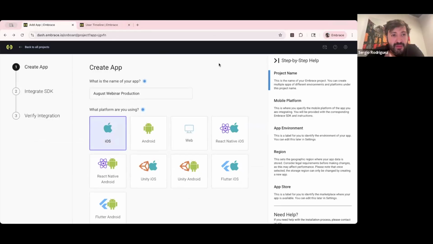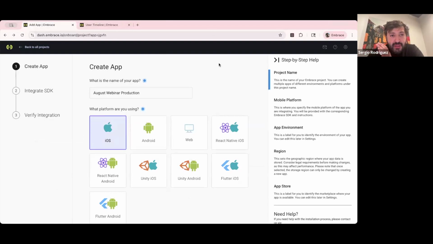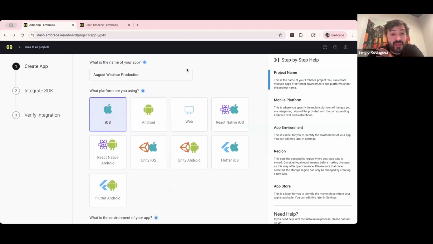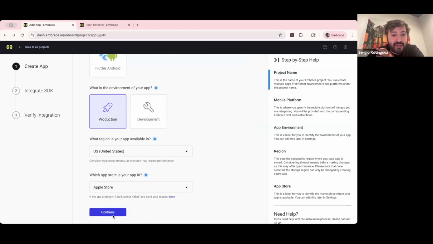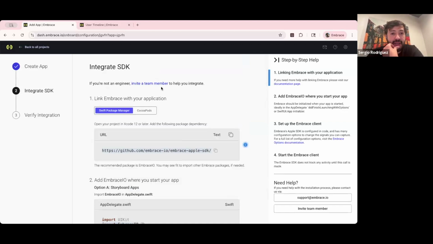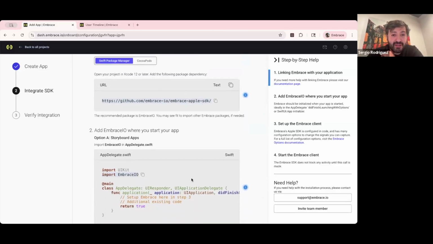Perfect. Thank you, Eduardo. So you talk to Embrace, you get access here to our dashboard, and you want to add your app to start getting telemetry data. This is what you're going to see. Instead of having to go and define within your code the platforms and getting all that stuff set up, it's a very intuitive UI. I'm going to just use iOS, for example, production, and then just hit continue. And then when we get here, there's two ways that we support right now: the Swift Package Manager and CocoaPods. You download the SDK, and then